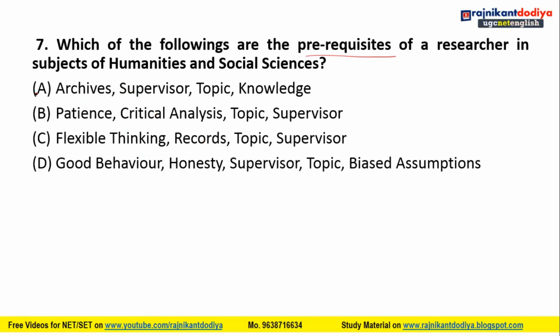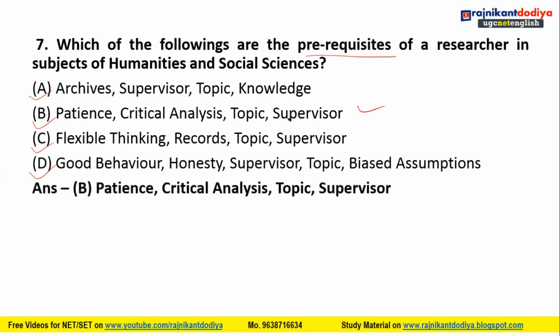First one is A, archives and supervisors, topic, knowledge, or B, patience, critical analysis, topic, supervisor, or C, flexible thinking, records, topic, supervisor, or D, good behavior, honesty, supervisor, topic, biased assumptions. So what can be the right answer, friends? The right answer is B, patience, critical analysis, and topic and supervisor, because patience will be needed there in the